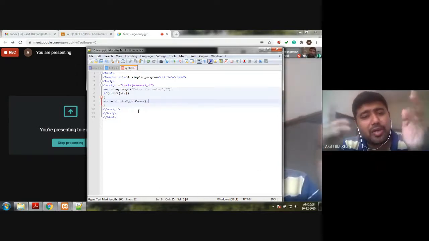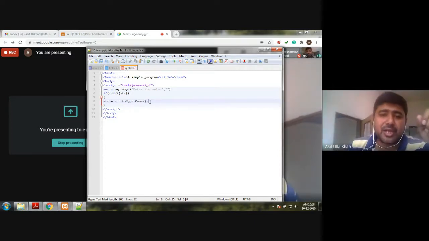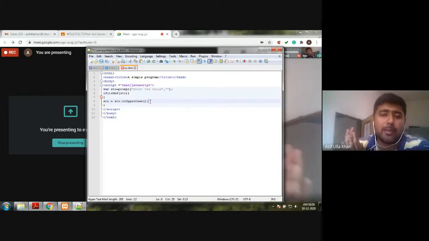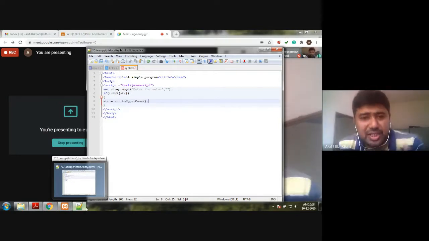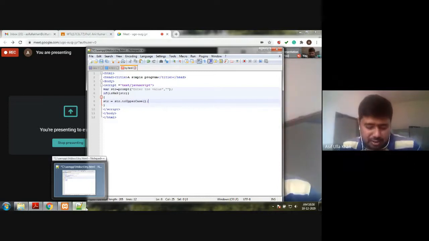Whatever the user gives, even small alphabet inputs, with this condition the input string is going to be converted into uppercase. So when the function is invoked, it converts any given string into uppercase.